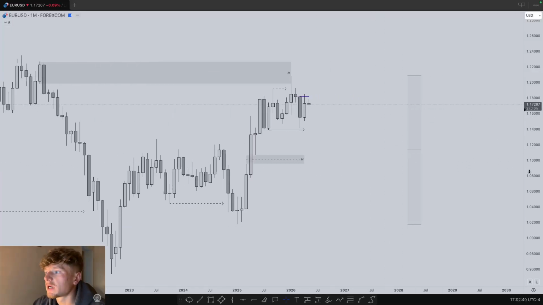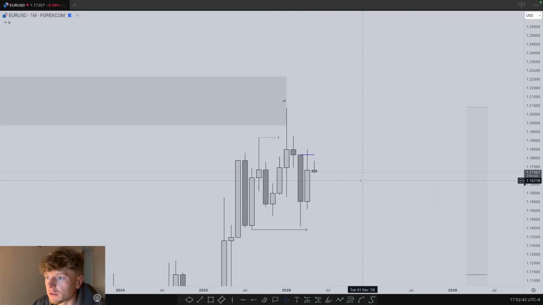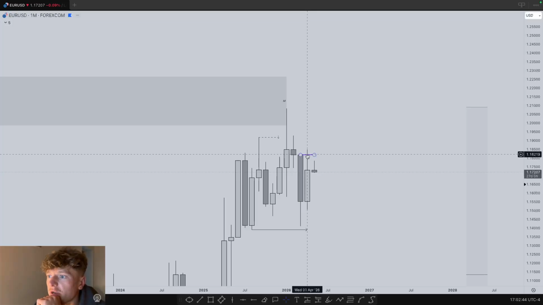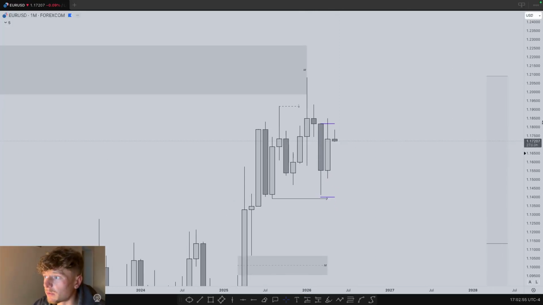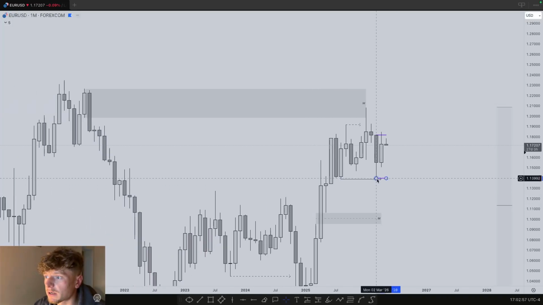there. So if I zoom in a little bit here, we have seen April trade up, take out March's high, close back below it. So the way I'd like to trade, or the way I look at the markets, is we've run out the previous month's high, we've closed back below. We can now anticipate price to potentially trade towards